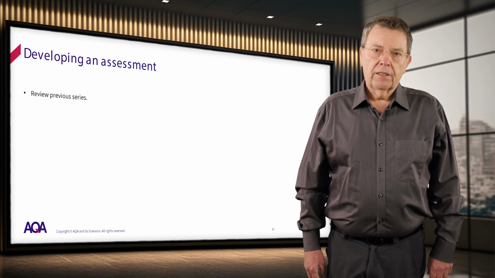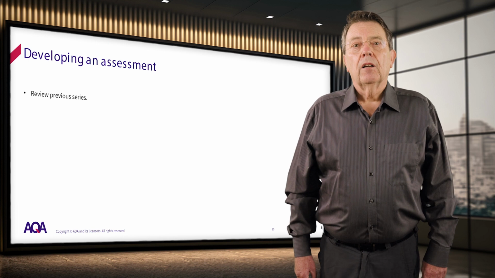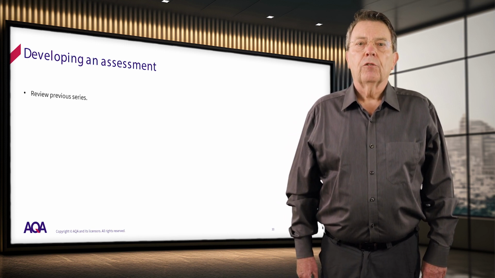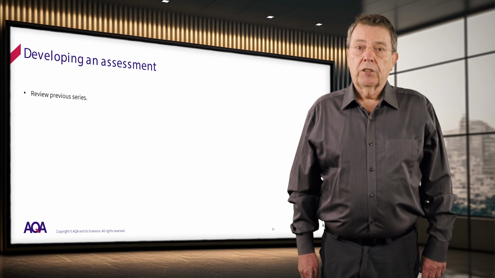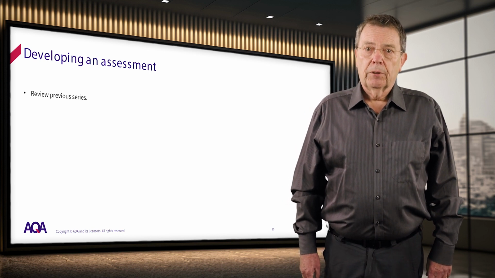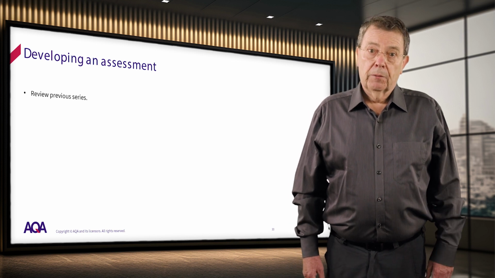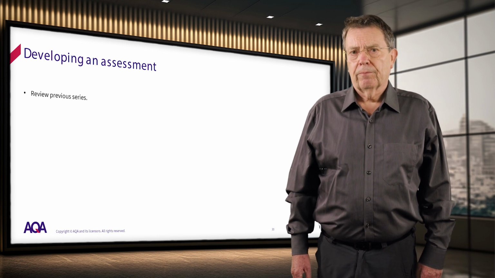The process of writing the questions for a series begins with a planning meeting. One of the elements of this is to review the performance of the question papers from the previous summer series. Statistical data are circulated to inform the team about the performance of the components. For example, what is the extent to which the questions discriminated between students at the A and E boundaries? Or did a particular multi-mark question itself provide a good distribution?